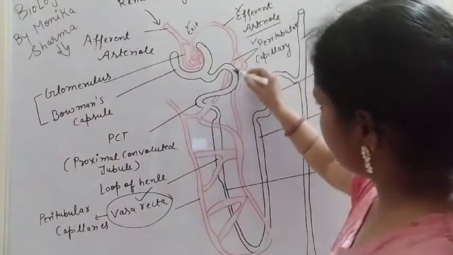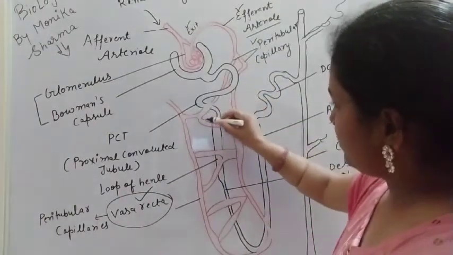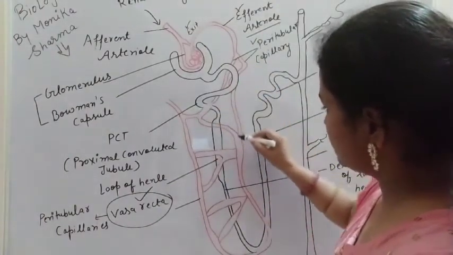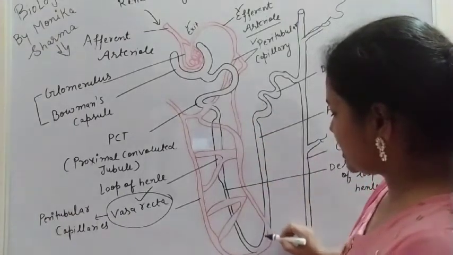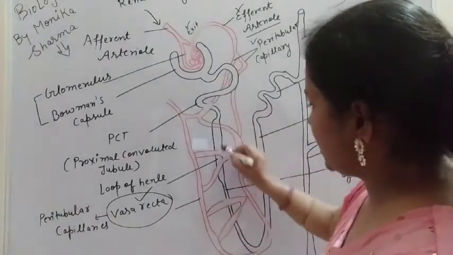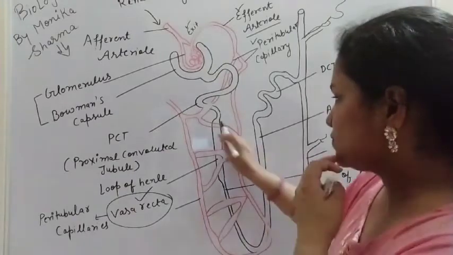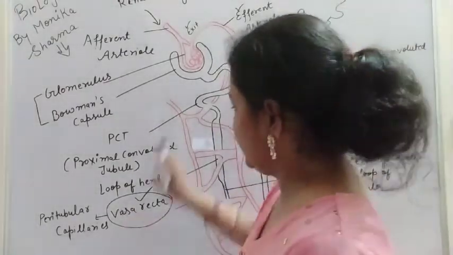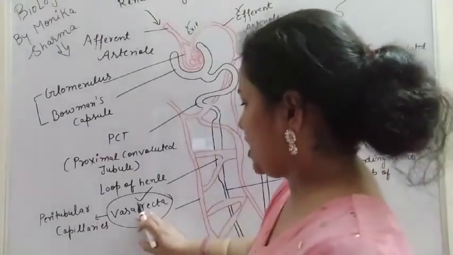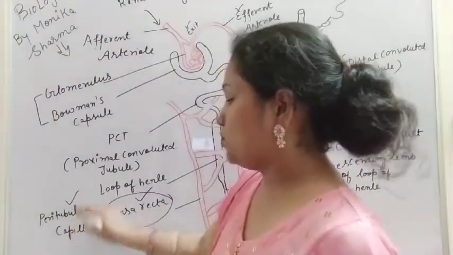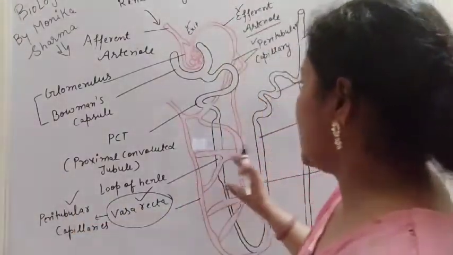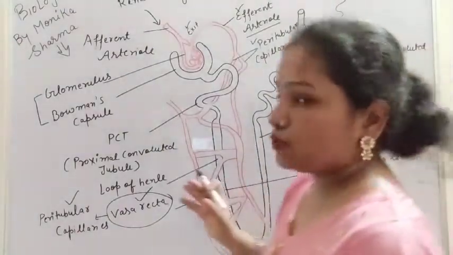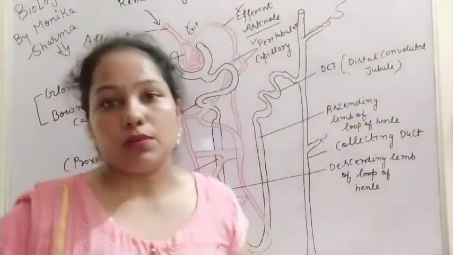So you can see the red colored capillaries are there, and these capillaries are also making the same shape as the loop of Henle. So these capillaries are the vasa recta. That main capillary is the vasa recta, or these are also known as peritubular capillaries. So I think you understood the different parts of the